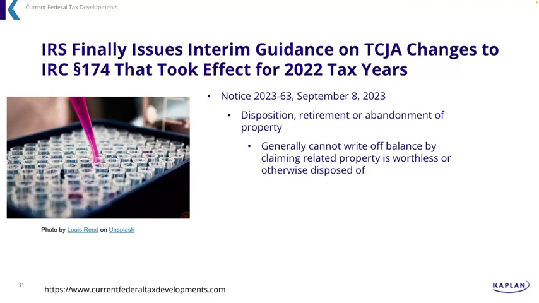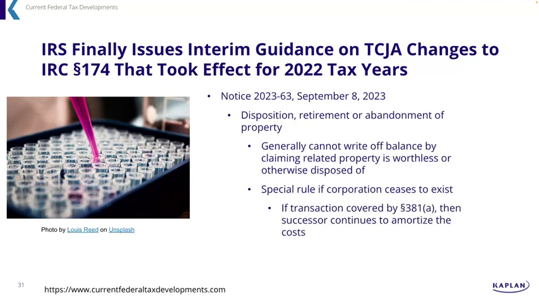It's not considered to be something that's related to a specific asset. But there is an exception. If a corporation ceases to exist, then the test gets a little more complicated. In that scenario, if the transaction is covered by Section 381(a), and that covers corporate reorganization style transactions where basically the successor corporation keeps all tax attributes alive, like NOLs survive, various other tax attributes just continue on with the new company.